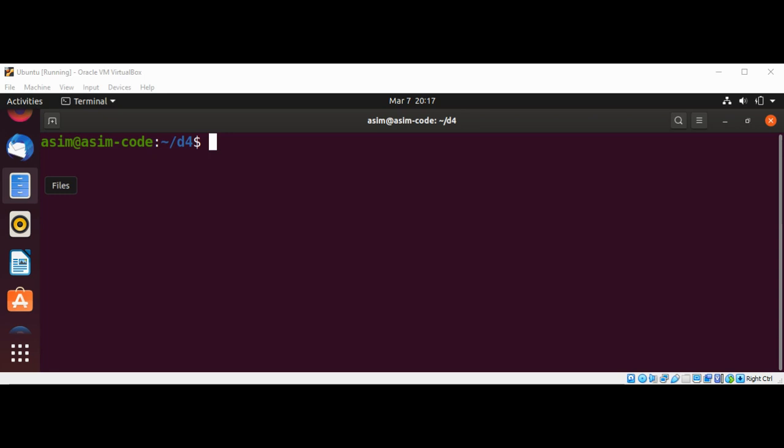We can also move multiple files the same way we can copy multiple files. For example, we can move three files. I'm going to create them with touch, I'll name them m1.txt, m2.txt, and now I'm going to move these files m1.txt,